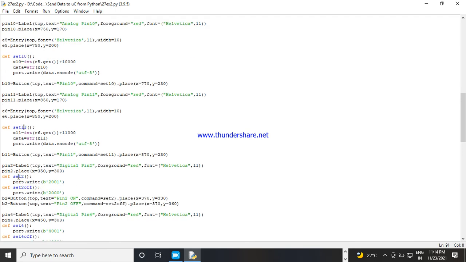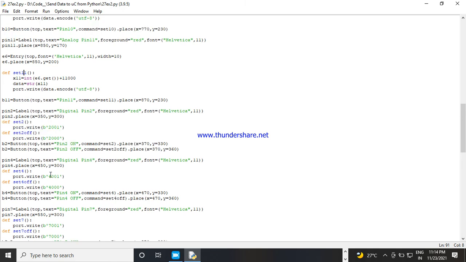Then this is pin number 2, it is a digital pin. So for digital pin, you see, as I told, if I send 2001, then my value of D is 2 and the remainder is 1. So in that case, that particular pin will be high.